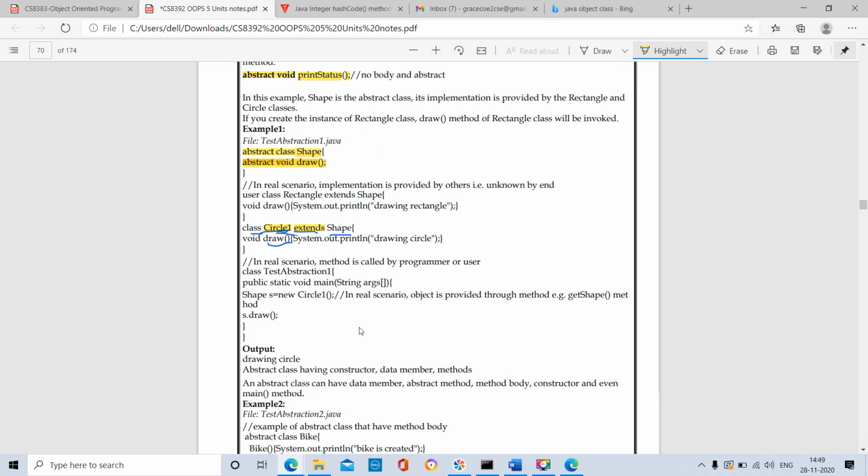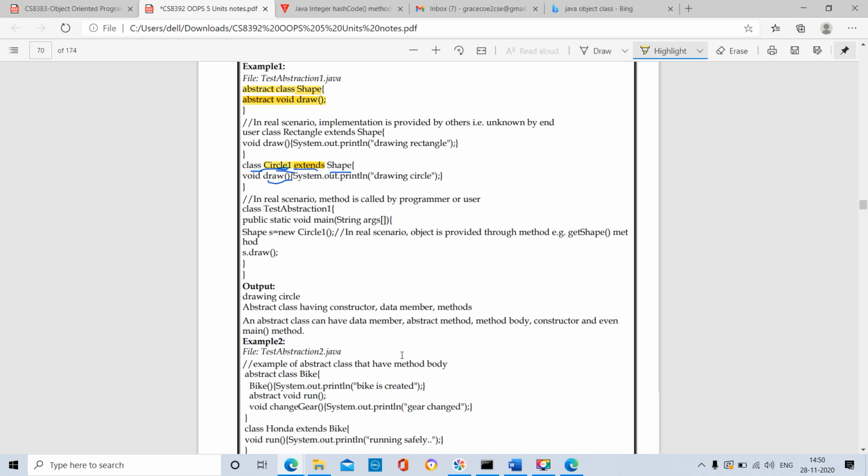Implemented means it will go to the topic interface. Single inheritance and multilevel inheritance come under the keyword extend. If we go to multiple inheritance, we have to use the keyword implement. So these abstract methods may be defined by the extend keyword or implement keyword. Here they are not implementing; maybe in the next example they use the implementation method.